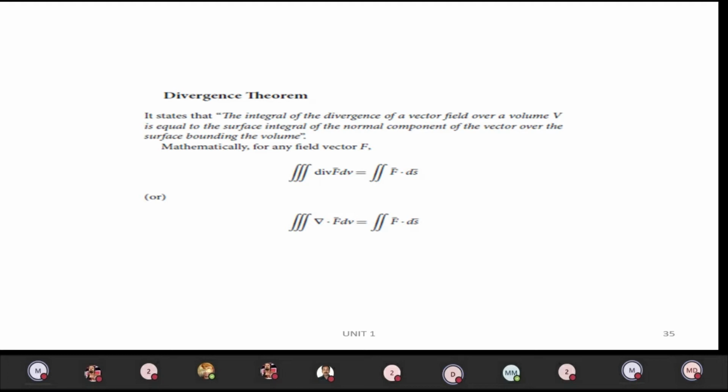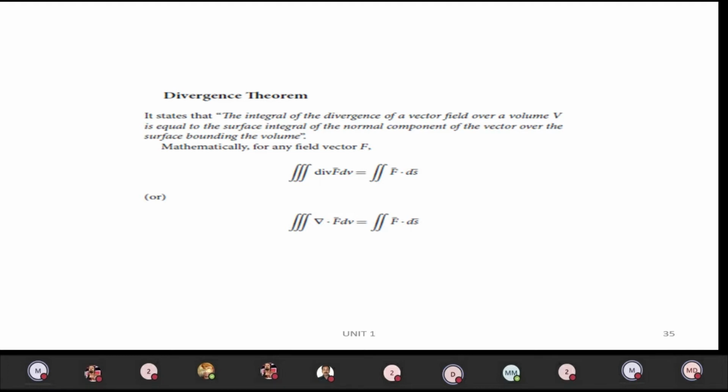Here we will be seeing problems related to the divergence theorem. The problem can be asked in any type of system: Cartesian system, cylindrical system, or spherical system. For that, we studied the dV and dS formulas in the last session. What is the dV formula for the cylindrical system? What is the dS formula for the cylindrical system? Similarly for the Cartesian and spherical systems. What we studied as the basics will be helpful here.